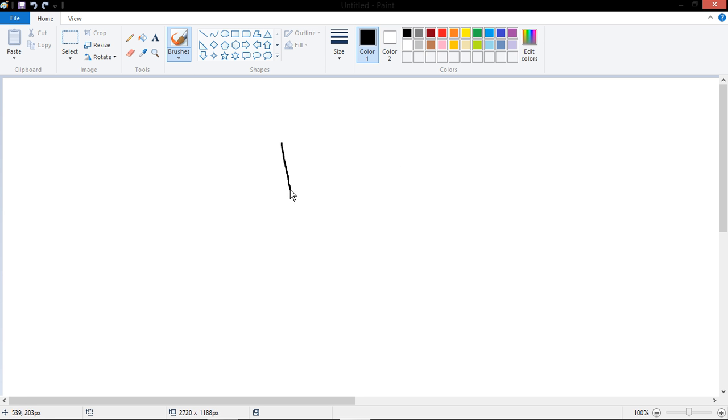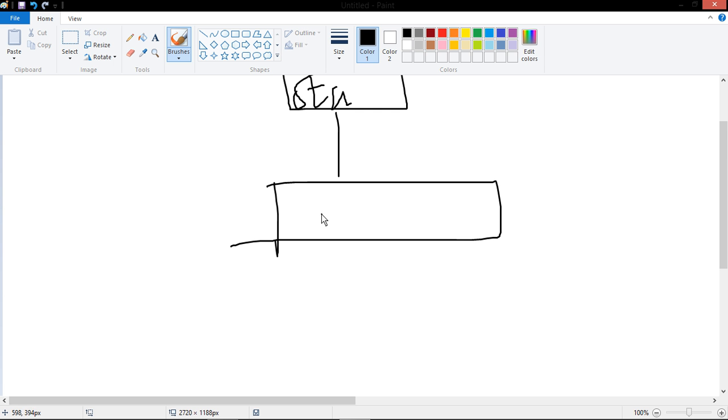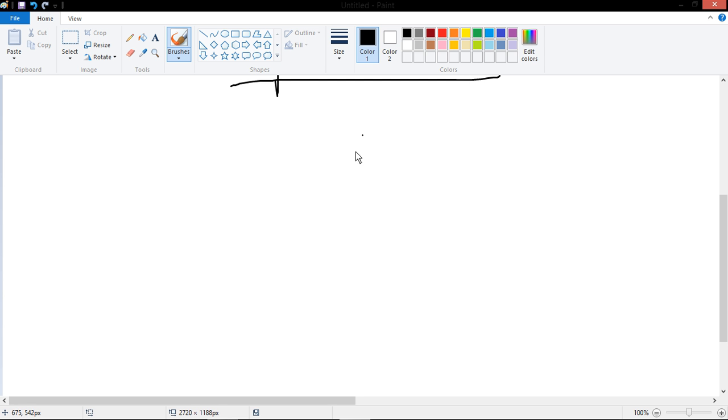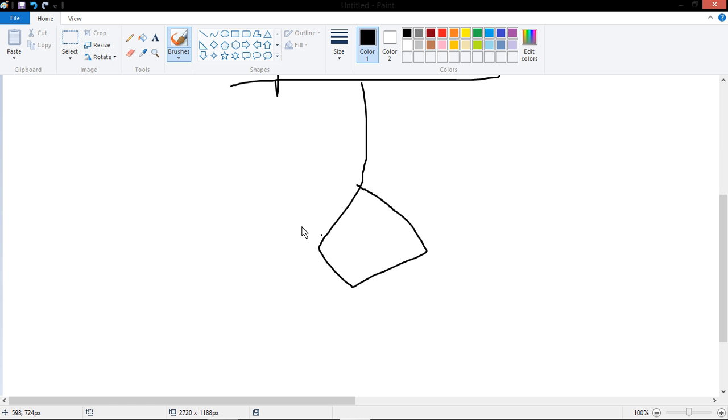Let's take a bank application. This is the start of the program. In this program, we just insert an ATM card, then there is a condition. You enter the ATM pin here, then it checks the database. If the pin matches the pin which is stored in the database, if it is yes,